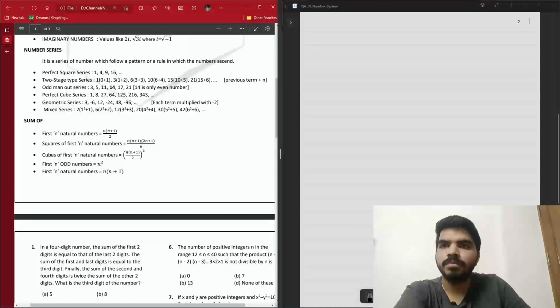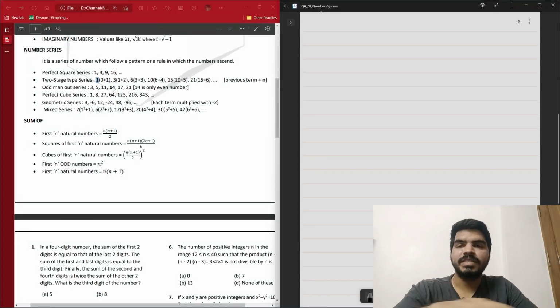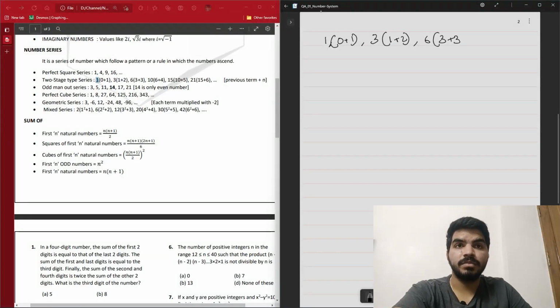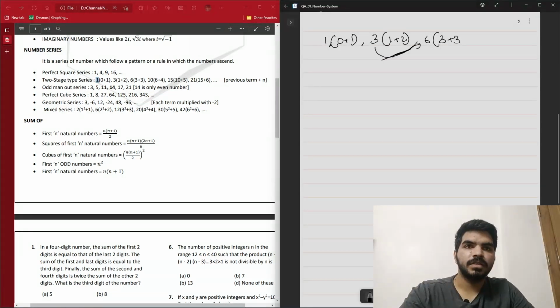For the second one, the 2-stage series, as you can simply see, the first digit is 1. Then we have 1, which is 0 plus 1. Now the second will be 3, 1 plus 2. This one will be 6, that is 3 plus 3. How does this happen? That means take the last digit, remove it, and take the last one plus